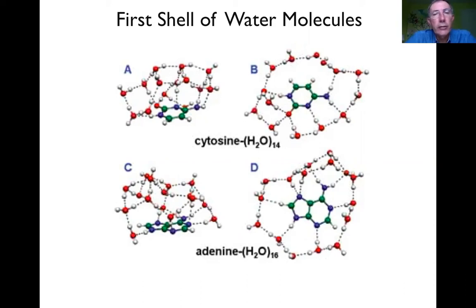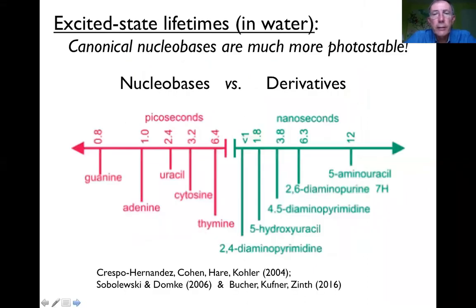Well, not really, and especially not the ones which are used by life today. That, I have to say, was pioneered about 10, 15 years ago, by people who studied the nucleobases themselves. They looked at the nucleobases in water, that's very important. And they noticed that the excited state lifetimes under UV radiation of what they call the canonical nucleobases, the ones used by life, A, G, C, T and U, are much shorter, and I mean orders of magnitude shorter than those of